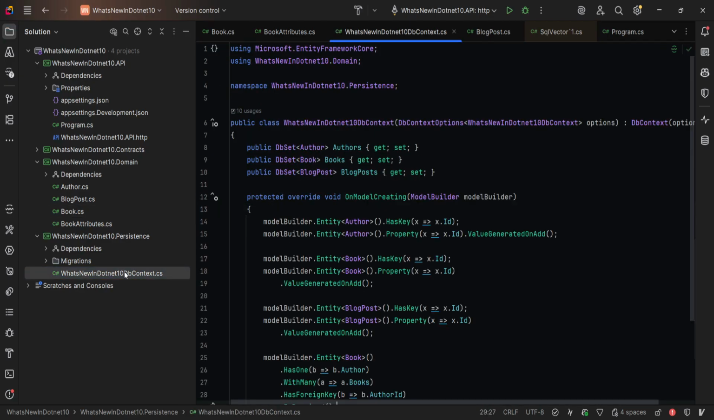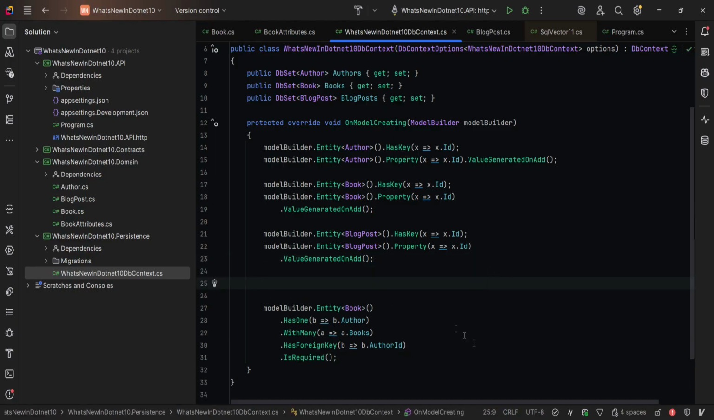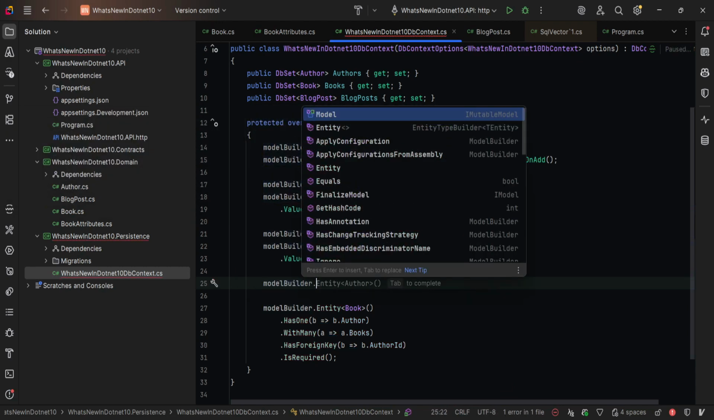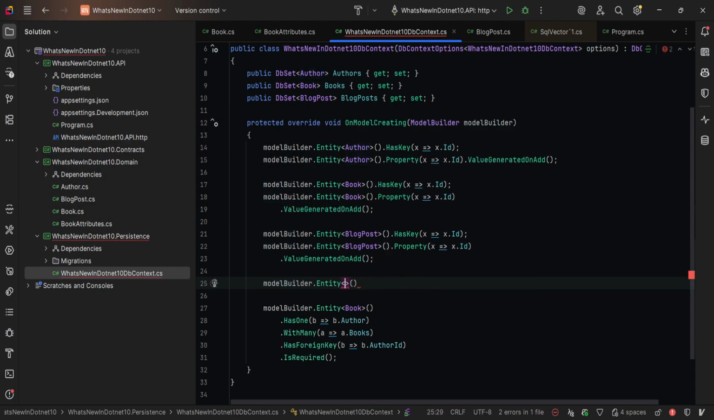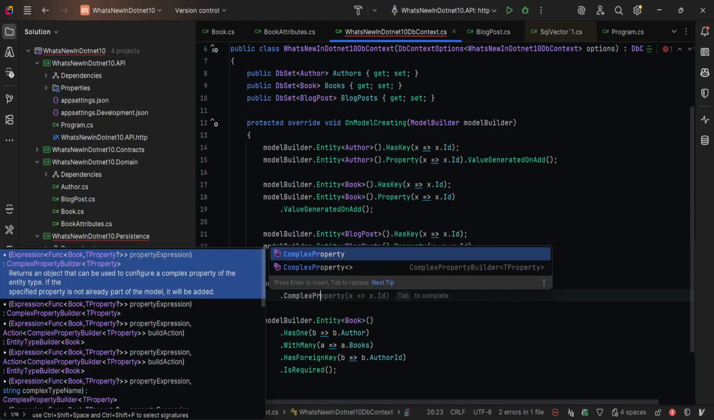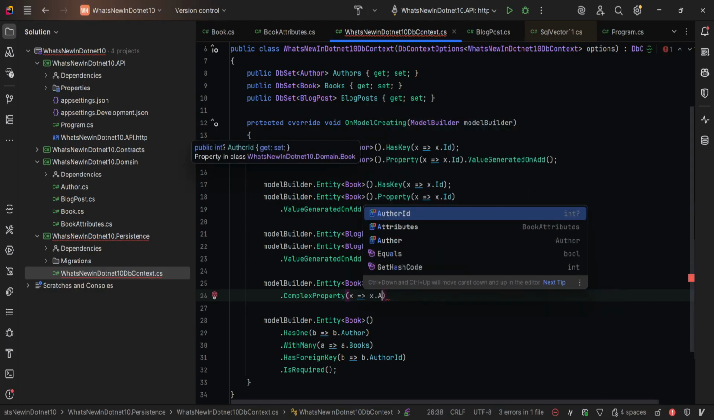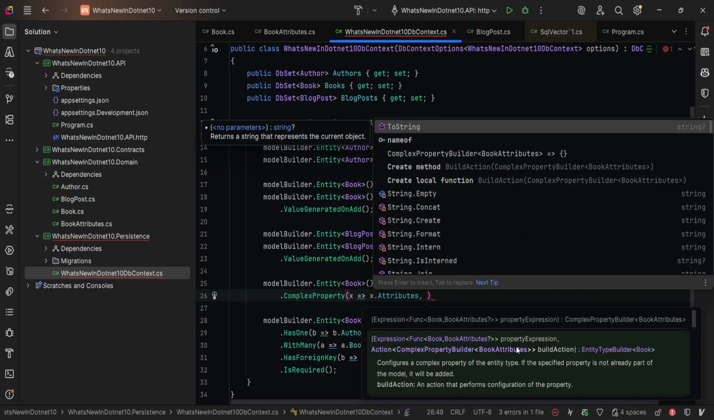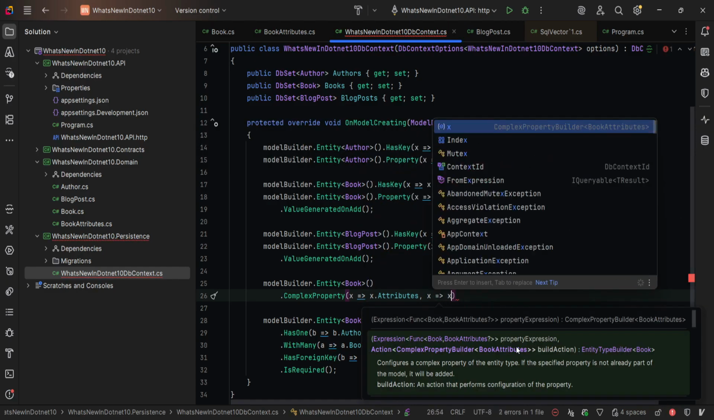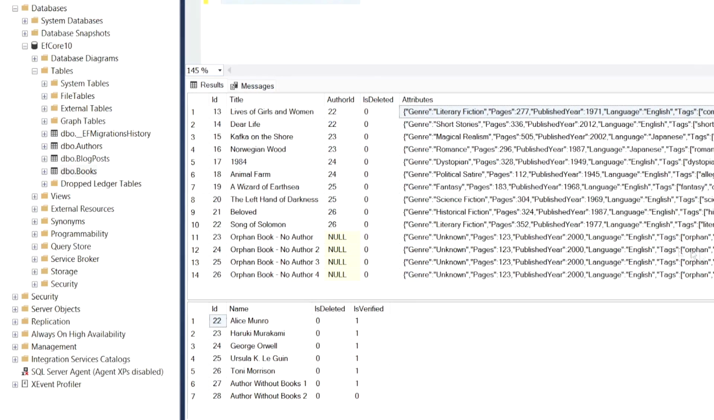So in the DbContext itself, in OnModelCreating, we can write as follows: modelBuilder.Entity, in this case Book, and we have to type .ComplexProperty, and then in the lambda expression, we'll mark the attributes, and then it's going to be the ToJson method. I have inserted the data into the database, so as you see, the attributes column properly handles